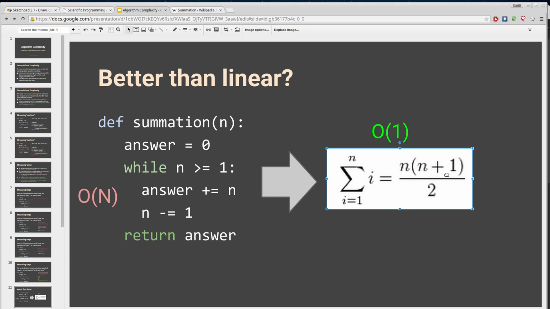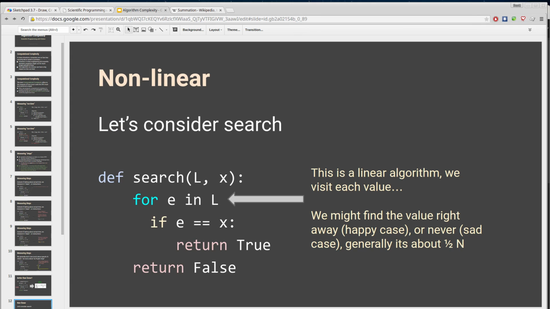That's a real simple solution. In fact, that's one of these easy solutions where there exists a better algorithm that's probably just as simple to program, right? This doesn't include a loop, it's pretty easy. Most situations aren't so nice. Most situations, in order to get that kind of an order of magnitude improvement, we've got to do some more complicated things. So let's turn our attention to search, because this is a good example,